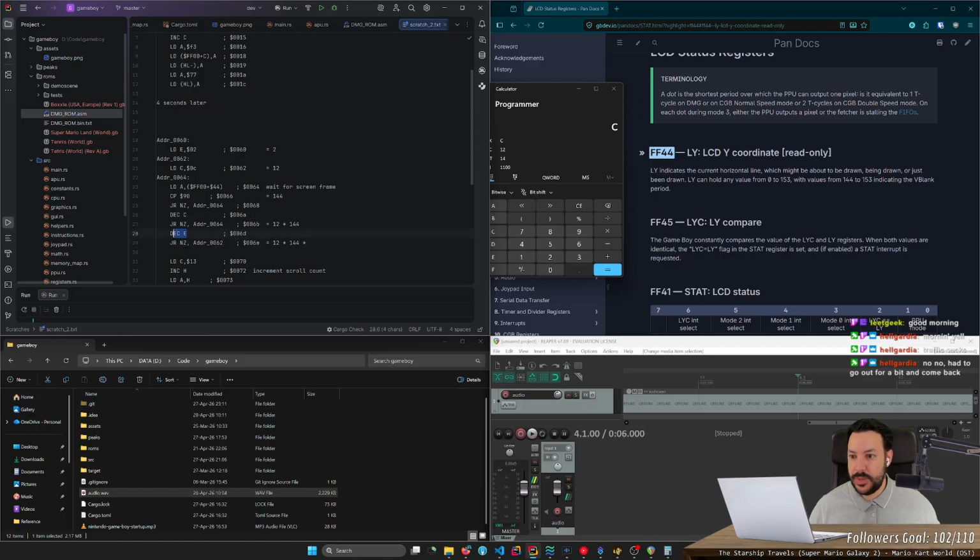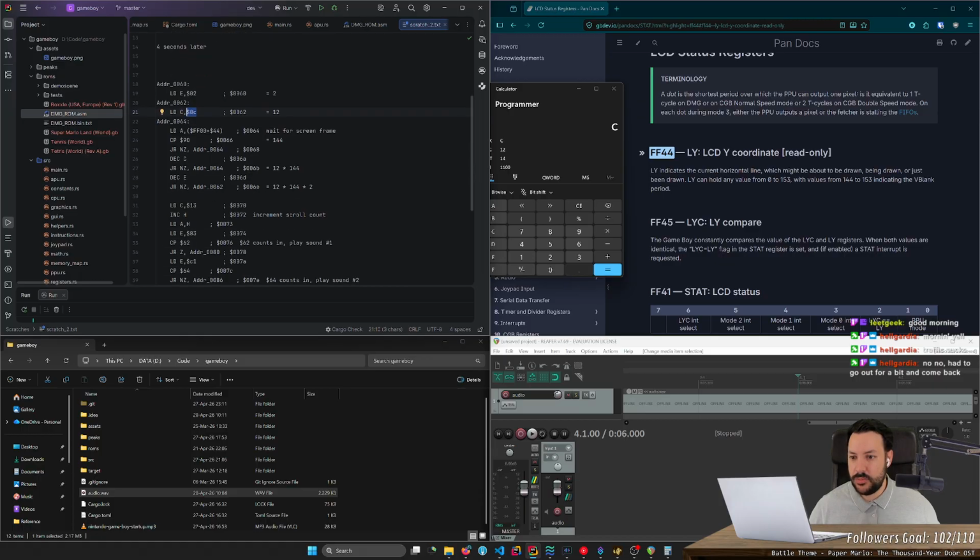Because whenever we decrement this, it runs 12 times that again. I mean, I don't know why you couldn't just put a 24 there then. Maybe I'm doing something wrong, which is possible.